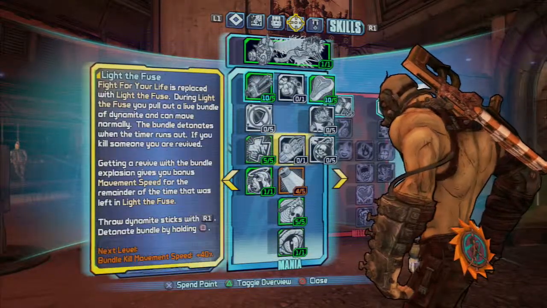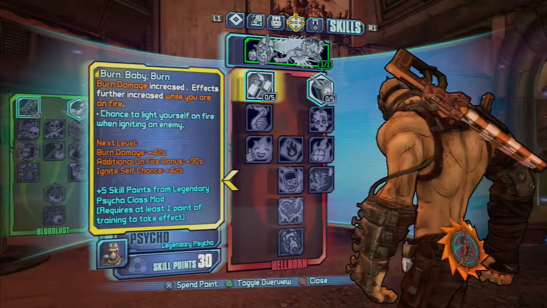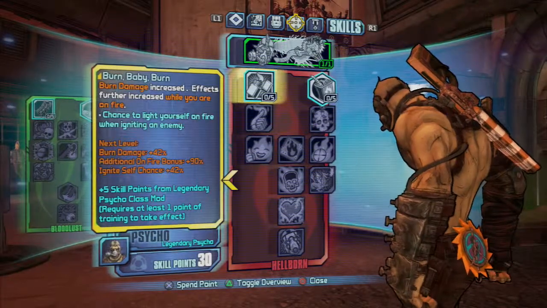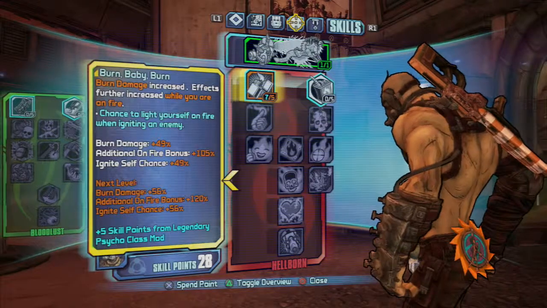So yeah, that's our build for Mania, and we're going to go over to Hellborn, and we're going to get... Now this is one of the reasons why I wanted to get the Legendary Psycho class mod, just because it makes everything flow together almost. So we're going to get this. Not sure how much I really want to put in there, because I know...